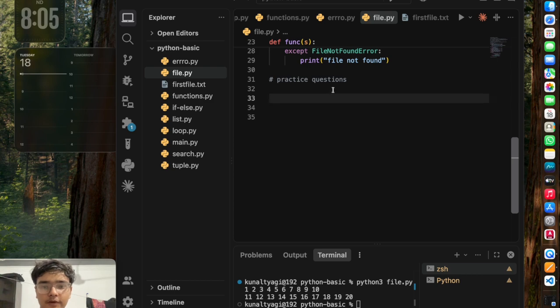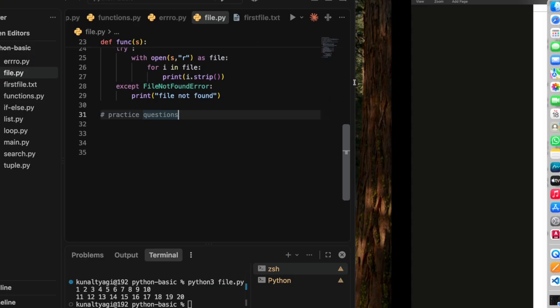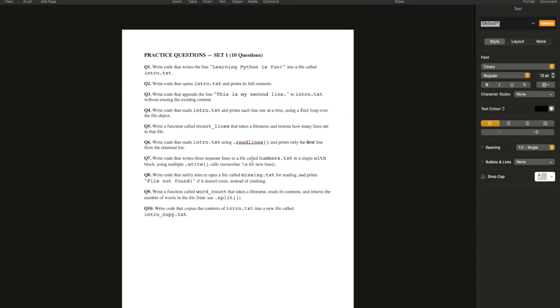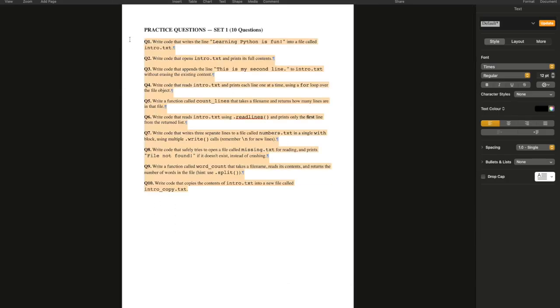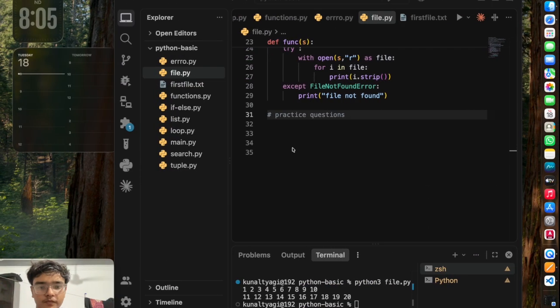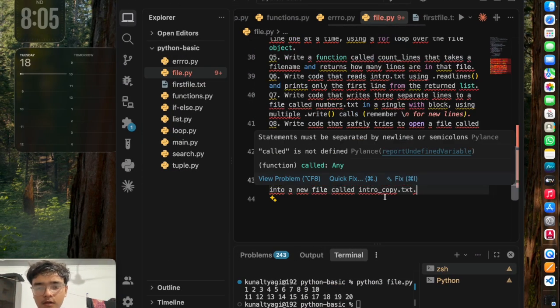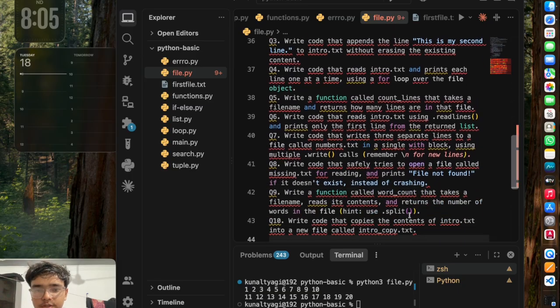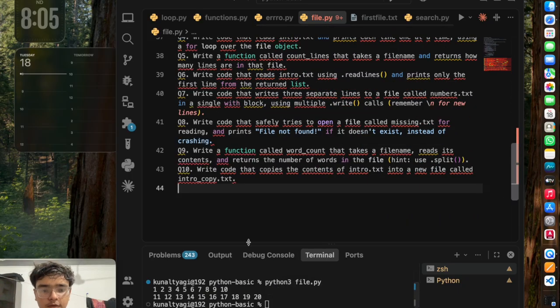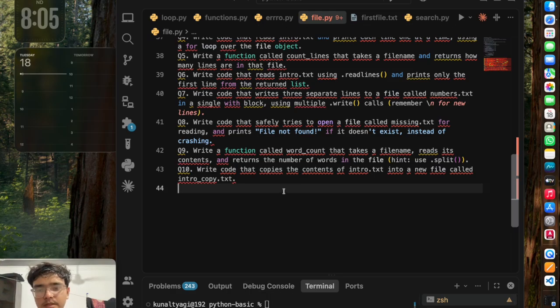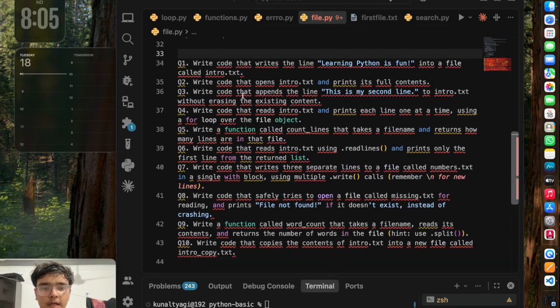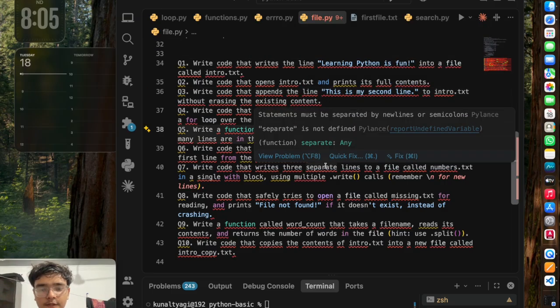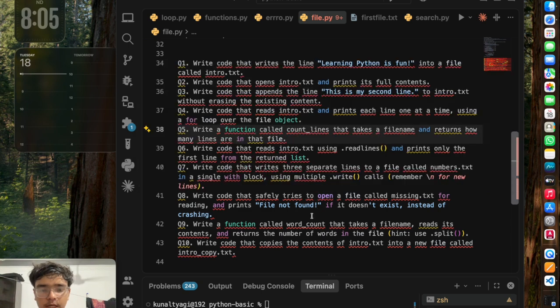Hope you all have given some time to the questions I just showed you, which are these questions. These 10 questions are there. I have given very basic questions, such as creating and reading a file. So I don't think I need to explain each one of them individually, but I will show you the answer key, so you know that you have done things in the right way.